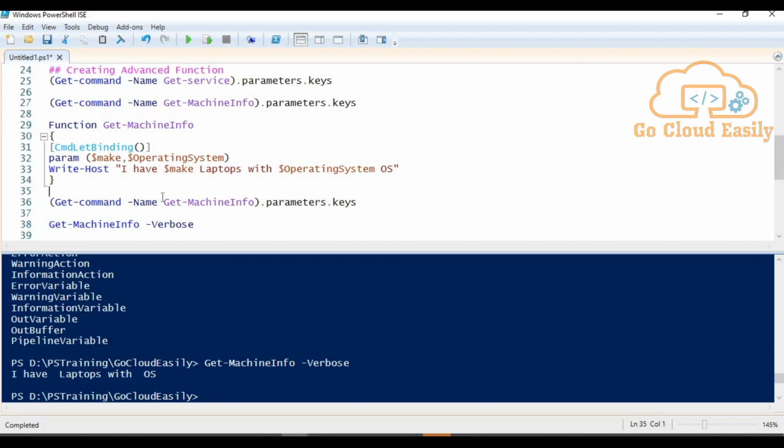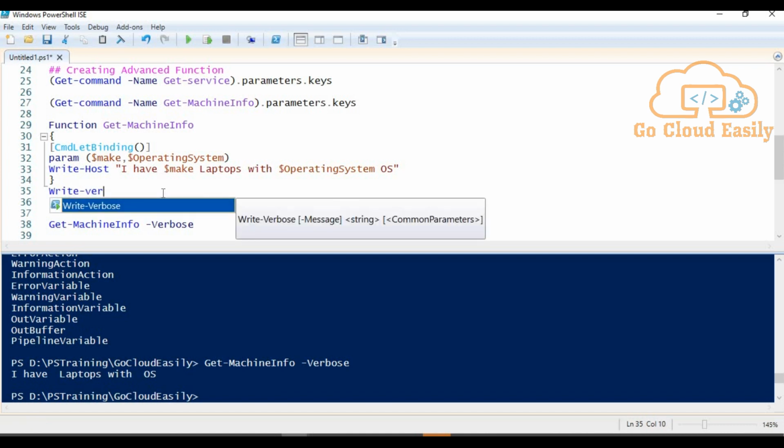So what we have to do so that we can get something against the Verbose parameter is define code in the background. All right. How we can define the verbose functionality is Write-Verbose, right?